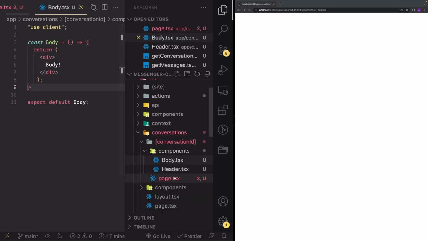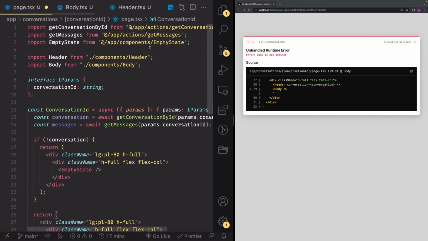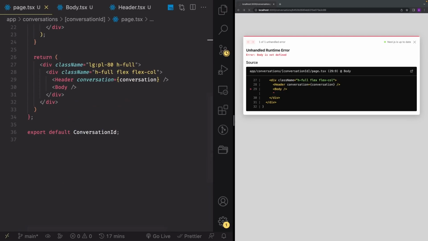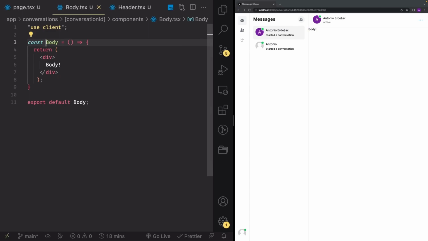And then you can go back into the page.tsx of the conversationId and just import it from ./components/Body like you did with the Header and save your file, and the error should go away. Just wait a couple of seconds for hot reload to work, and there we go. We have our body. Now I'm gonna go inside the body again, and we're not gonna do too much here for now because we don't have the functionality. We don't have any messages yet, so there's no point in writing all of that code to render messages we cannot even see. So all I'm going to do for now is I'm going to write a className here,